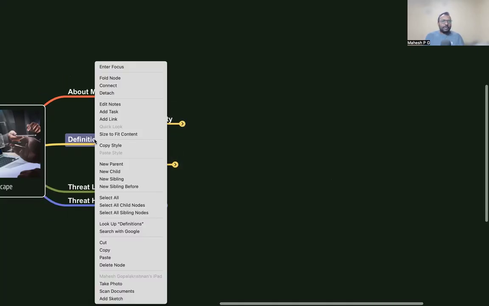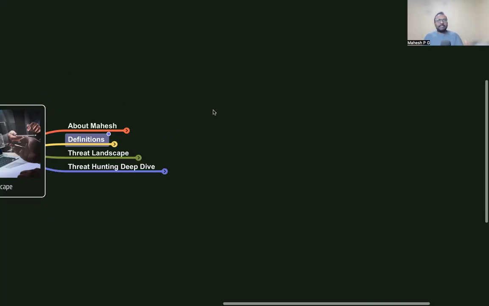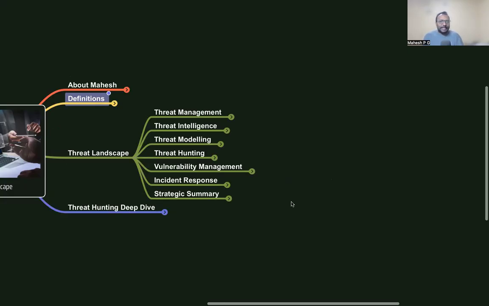These are the very common definitions of cybersecurity related to the threat, and you need to understand that. Let's go to the threat landscape. When we are talking about threat hunting, threat modeling, there are a lot of things related to threat. So let's explore what these things are, how they are related to the threat landscape, and how better we can understand and bring it into our day-to-day cybersecurity operations.